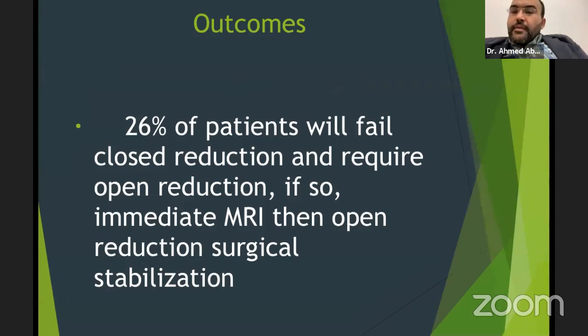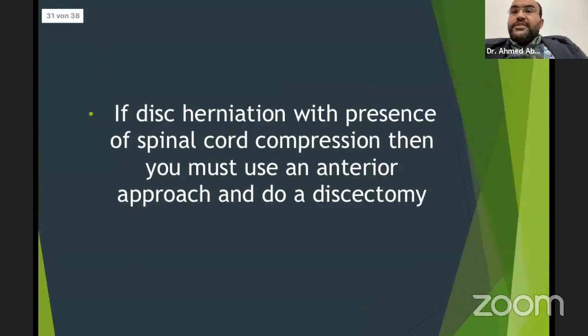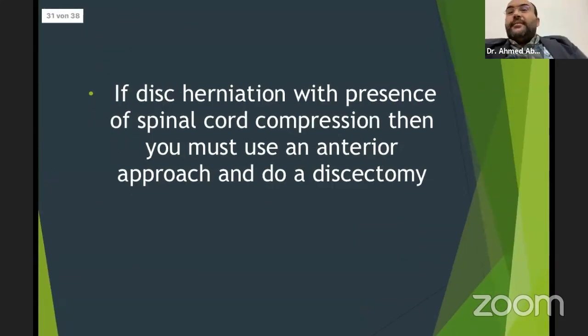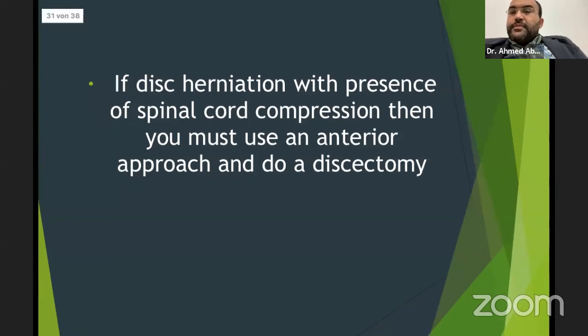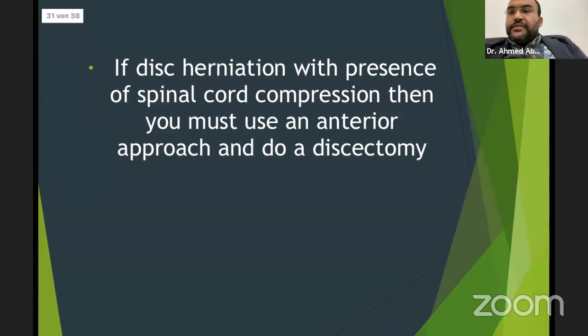And this mainly occurs in the patients with bilateral facet dislocation, in fact. So an immediate MRI, the open reduction and surgical stabilization, as I said before, anterior, especially if there is disc material anterior, you must go anterior, then you can go for the posterior decompression and fixation. If disc herniation with the presence of spinal cord compression, then you must, as I said, go anterior approach and